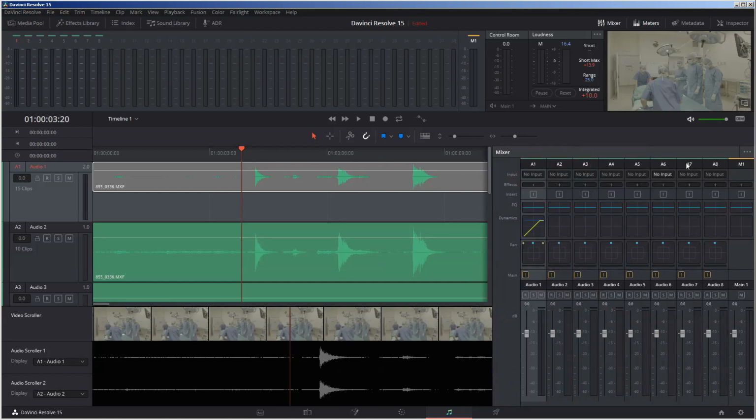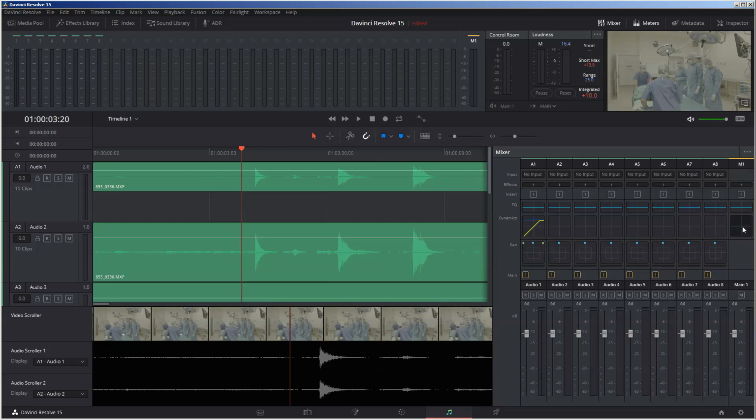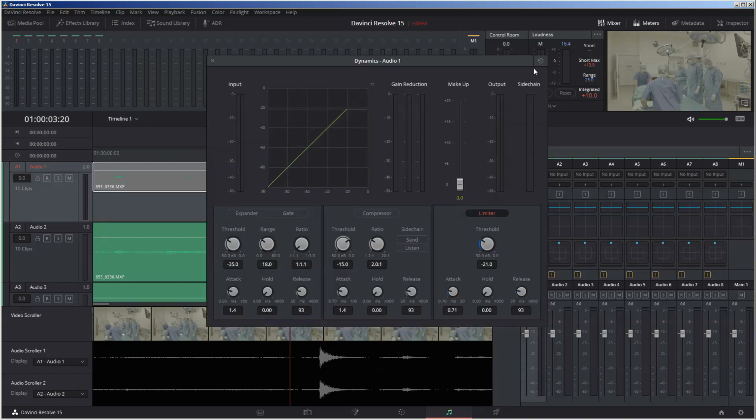Look at this. So when I imported this clip, it's got the maximum of 8 here, but you can add as many as you want. You can add track, okay? You need to apply it at the master level. So M1, you go here. So let me just reset this stuff here and close and come back here and to the master level. And then I come and apply the limiter at the master level. All right. So yes, you're going to have your gate and compressor activated in the tracks, but the limiter, you always have it deactivated in the tracks and activated in the final master track.